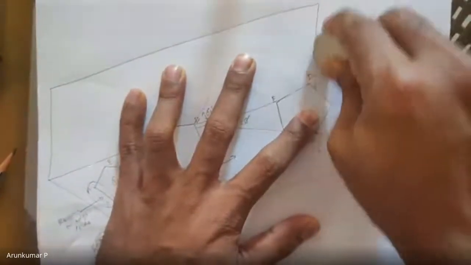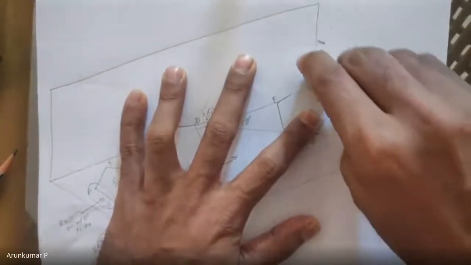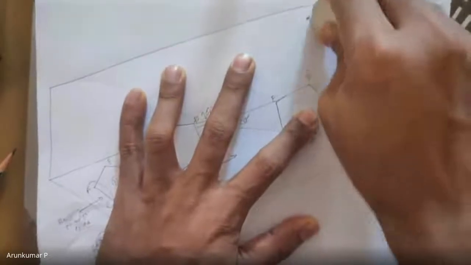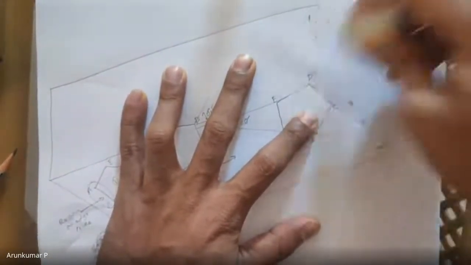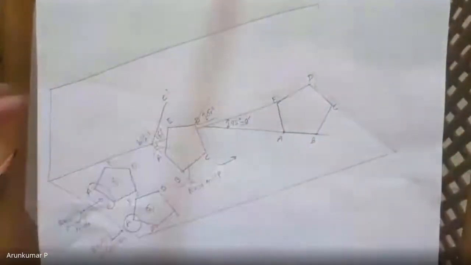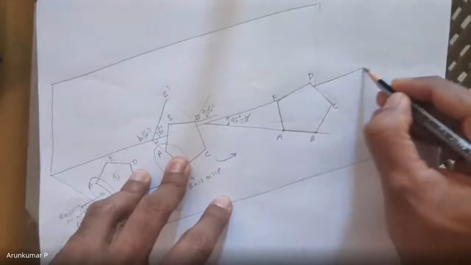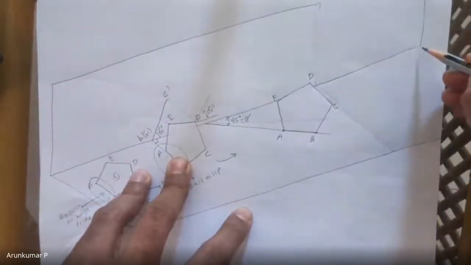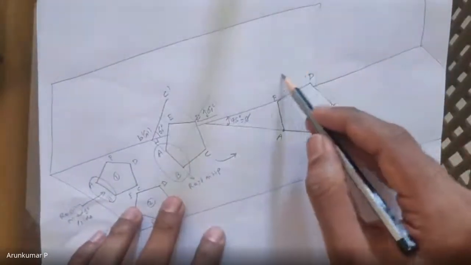And in fact, these problems don't take much time. Resting on HP, one edge on HP, opposite corner on VP. If you understand the concept, you can draw it faster than what you've done in this initial problem. So please ignore this step.